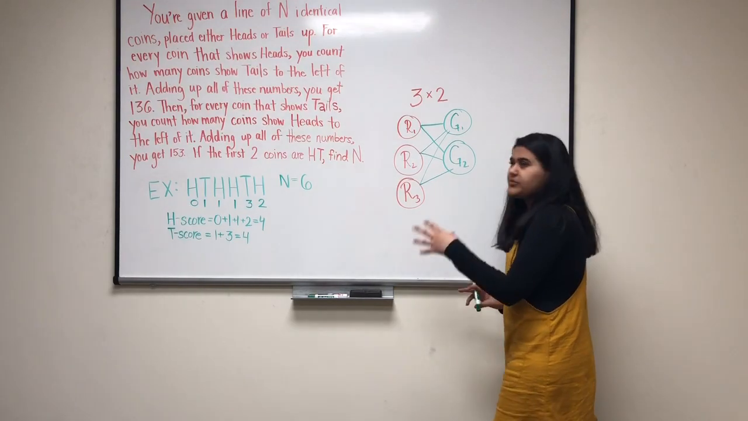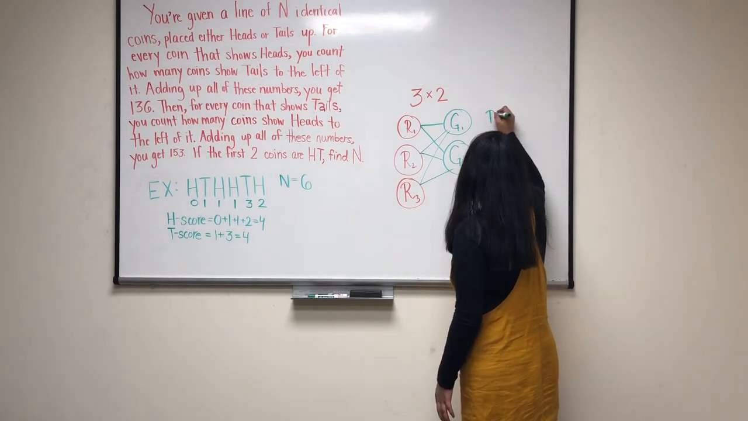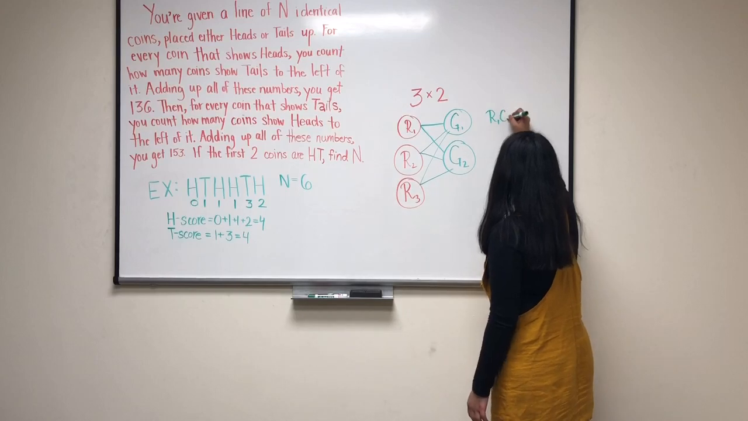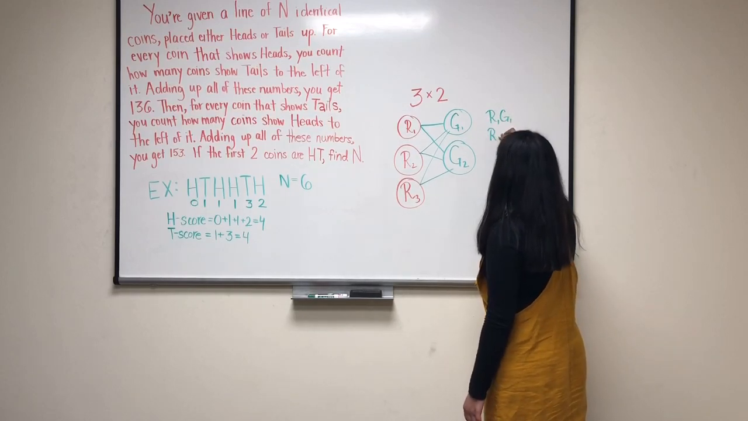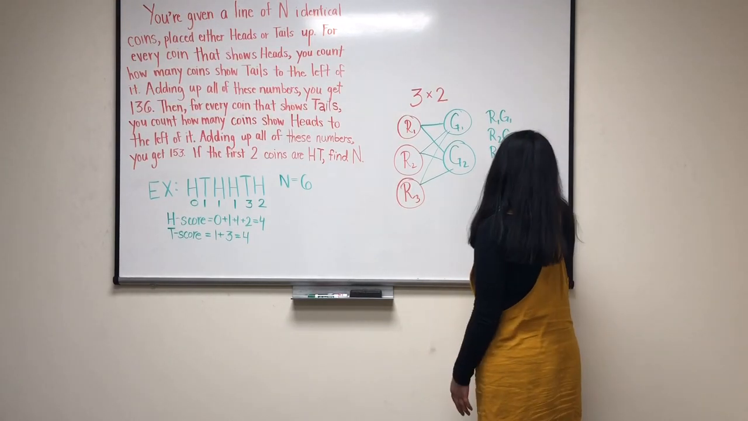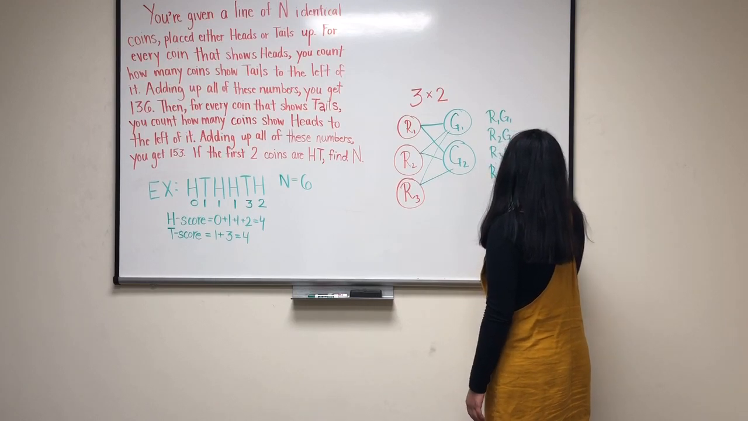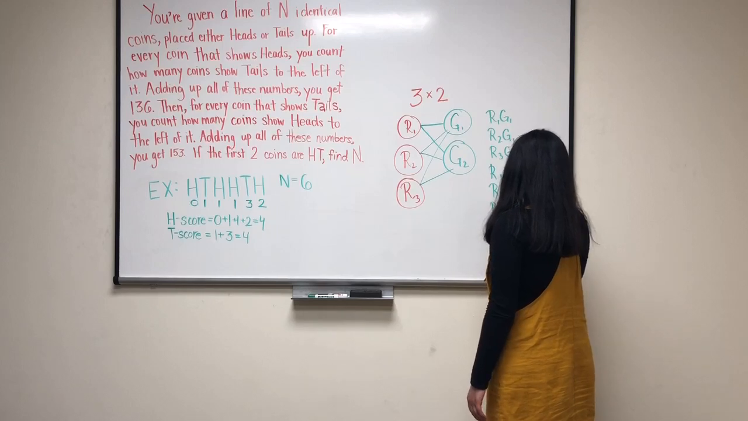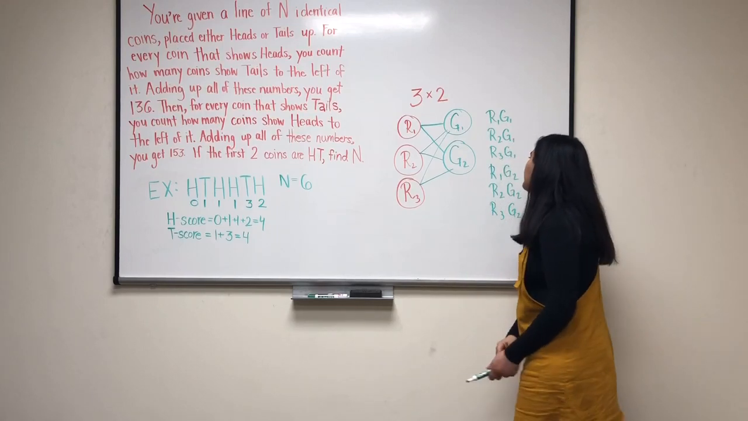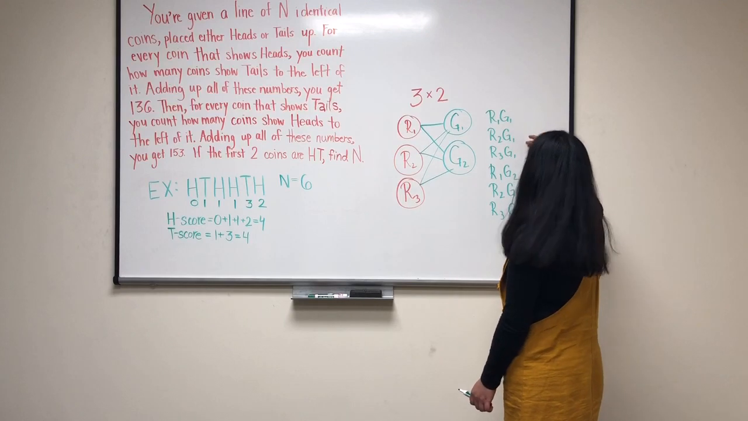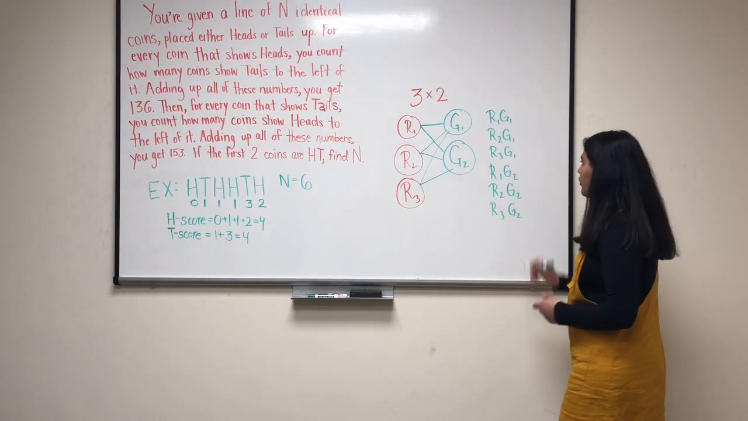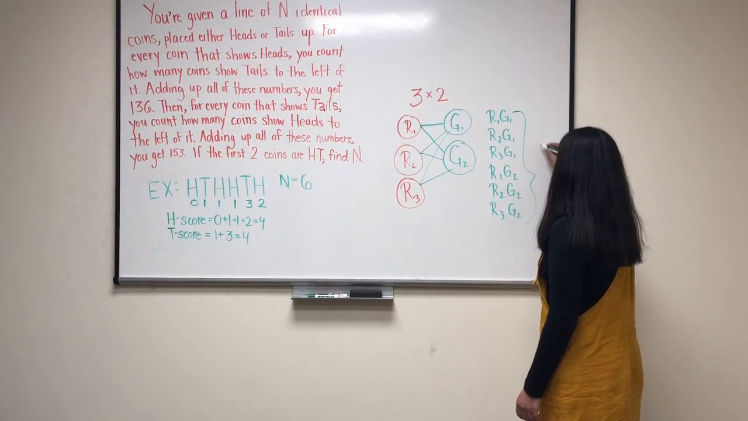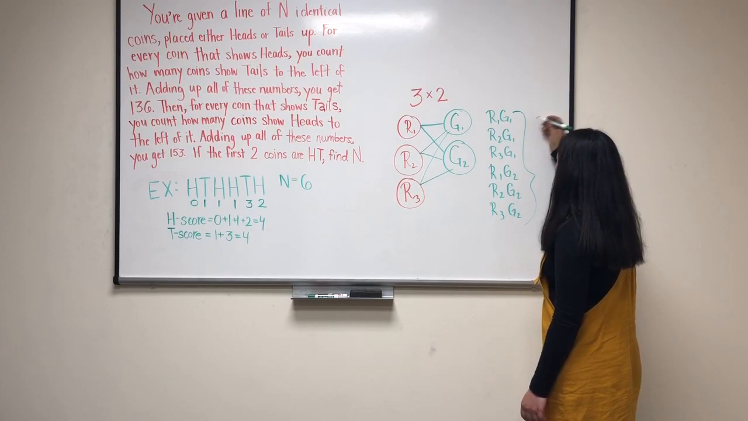Now the lines look a little messy, so I'm just going to rewrite this. So first I paired R1 with G1, and then R2 with G1, and then R3 with G1, and then I go ahead and pair everything with G2. So R1 with G2, R2 with G2, and then R3 with G2. And as you can see, I end up with a total number of 6 pairs here, which equals 3 times 2. So the total number of pairs